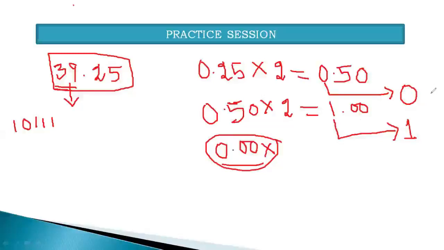Now note down the values you got through the extraction, from top to bottom. So from top to bottom, you can write that the binary equivalent of 0.25 is 0 and 1. Just put the number inside the bracket. At the bottom right-hand side, write 2. This is how a decimal number can be represented as its binary equivalent. This is what we have learned till date, and just for revision I have given you the question.